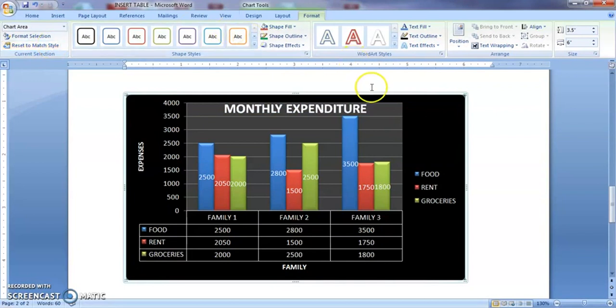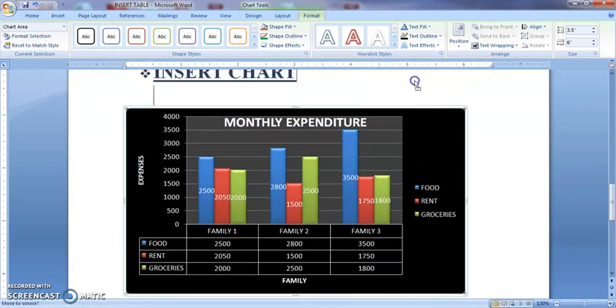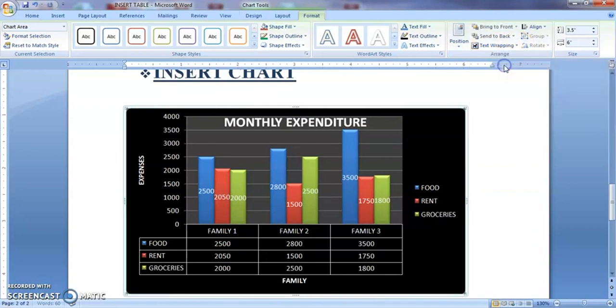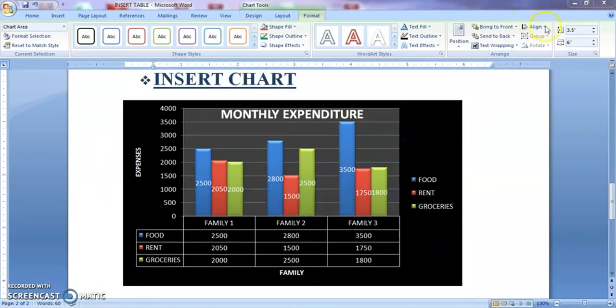Similarly here, when you select the chart and try to move it, that is really tough. For that, similar to the picture, you can go to the arrange option, go to text wrapping and select square. Now move the chart, it will move along with your cursor. Similarly you can align the chart, and increase its height and width, which is found under the size category. These options you can do through format.